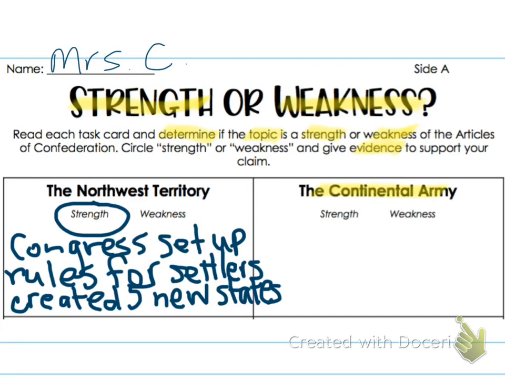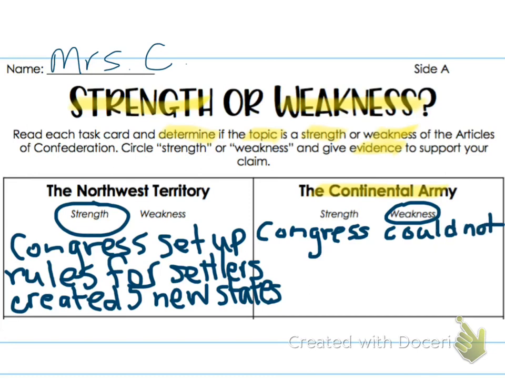So if we think about the Continental Army and what we just read, I didn't hear anything that was very positive. So we would call the Continental Army a weakness. We can circle that. And it was a weakness because Congress, write this with me, could not fund the army